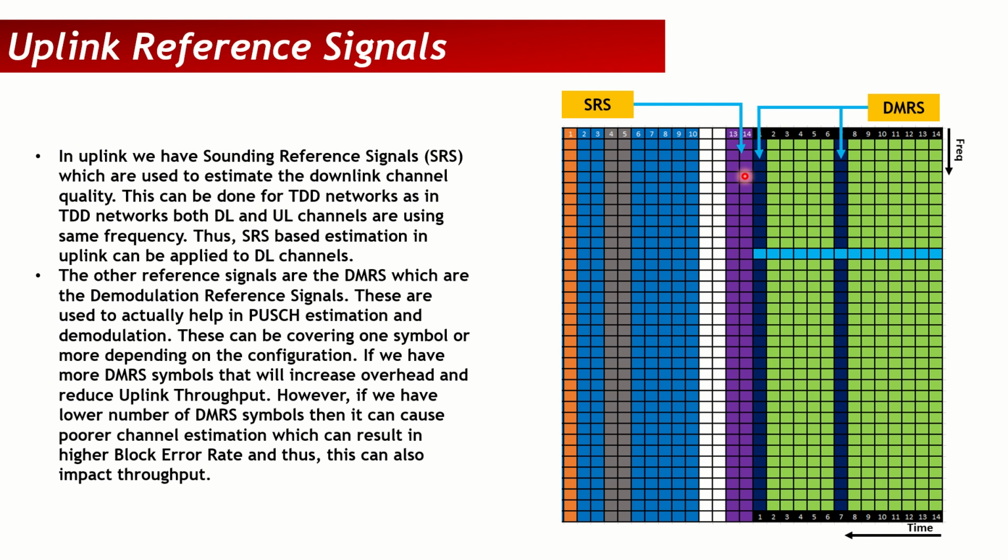So if I use SRS in uplink to estimate the channel, I can apply this estimation on the downlink as well, because both have the same frequency. The frequency channel response will be similar. So if we use SRS, the gNodeB itself can estimate the CSI, the channel state information, based on the SRS and apply that information on the downlink channels